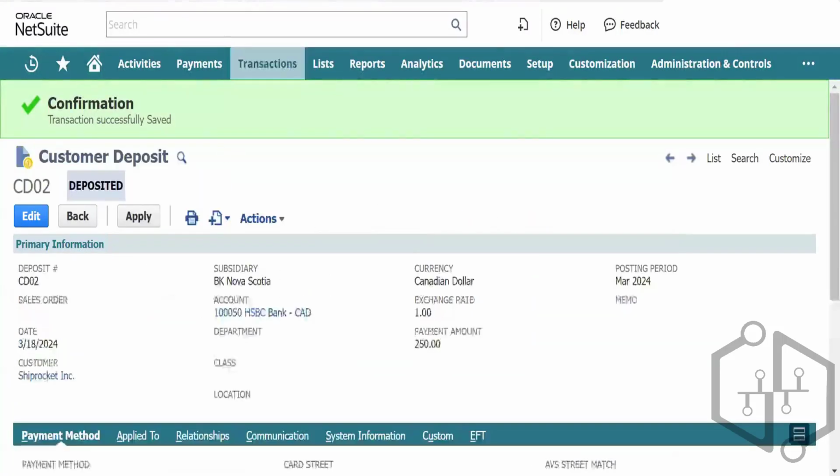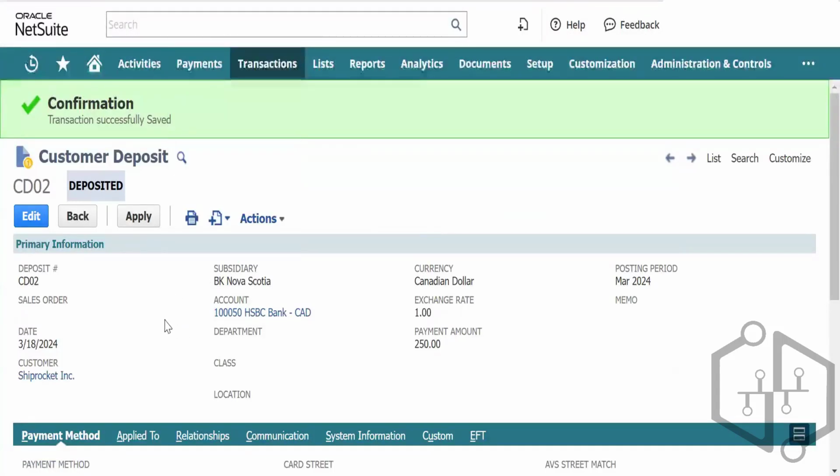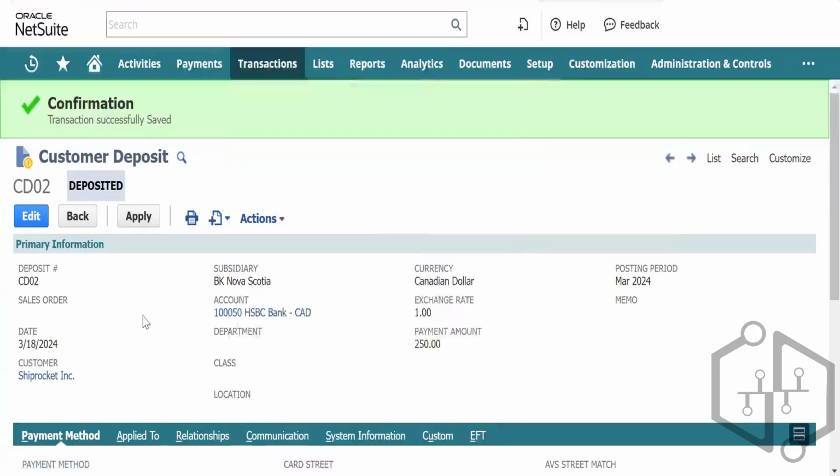And we have the customer deposit here. So we have to enter a deposit application. There is no direct relation between the transactions; there is another transaction which is deposit application. But the deposit application, you will not find with any navigation. We have to open the customer deposit only and